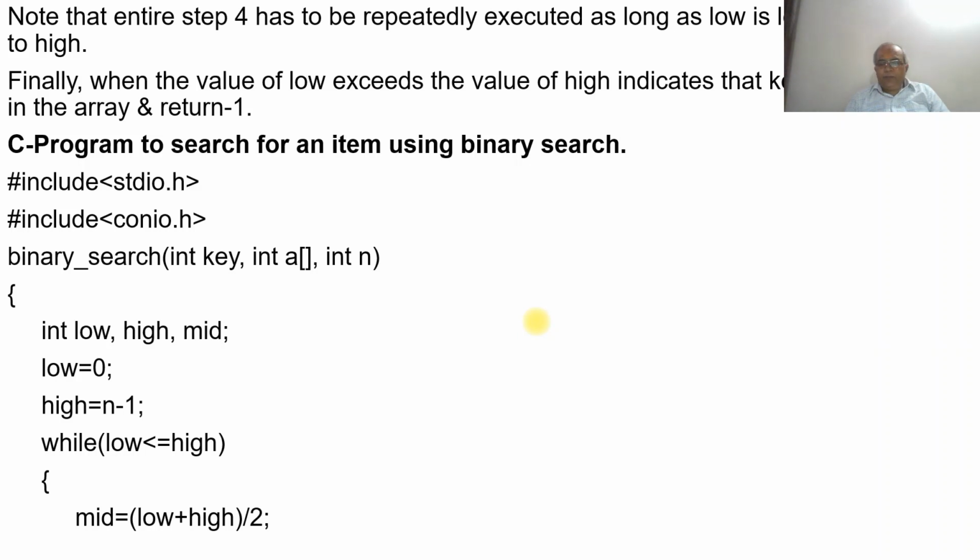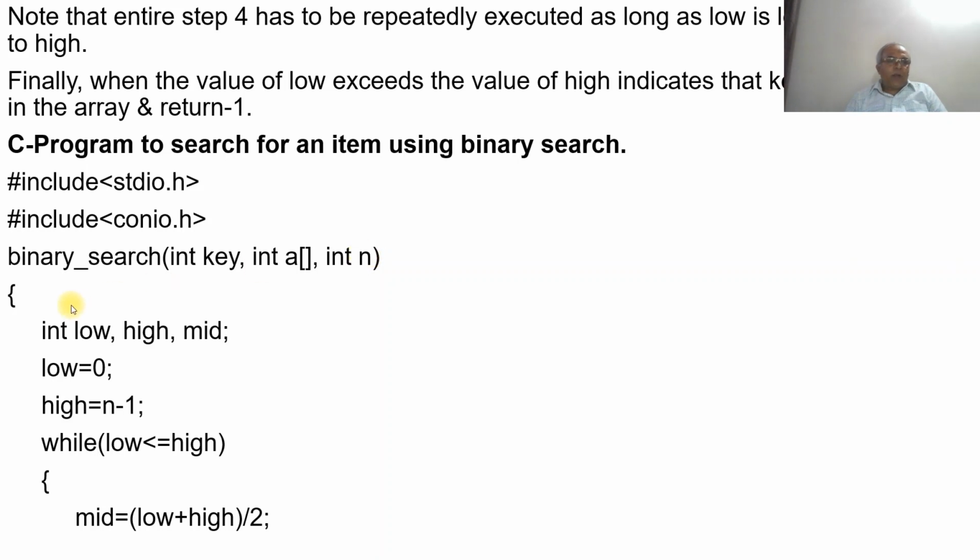In this video, we are going to discuss how to write a program to search for an item using binary search. So include stdio.h, include conio.h, binary search. We want to have an int key, a single-dimensional or one-dimensional array, and the element int